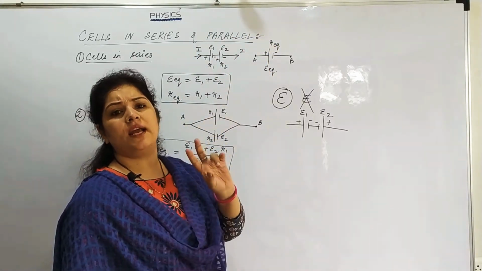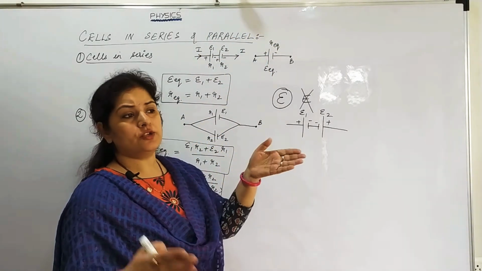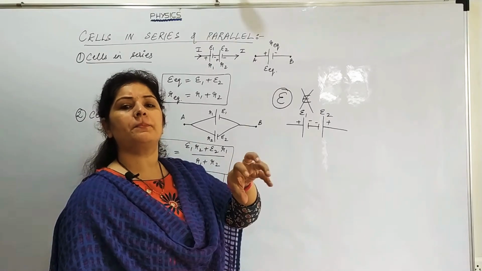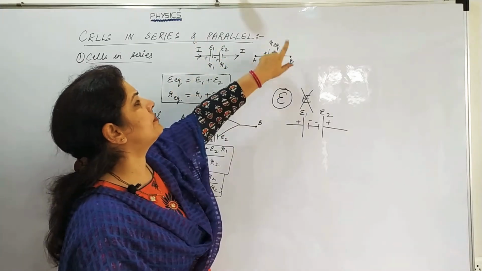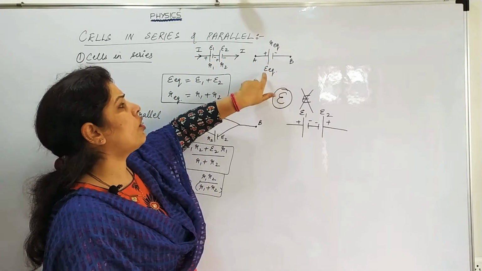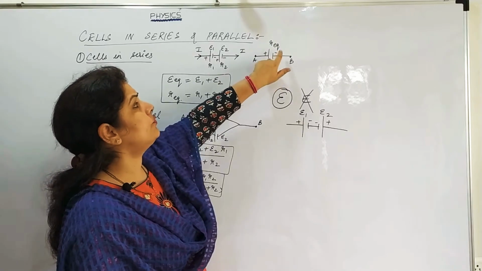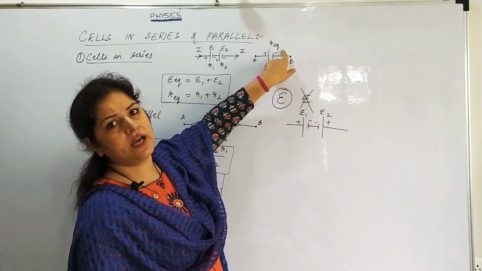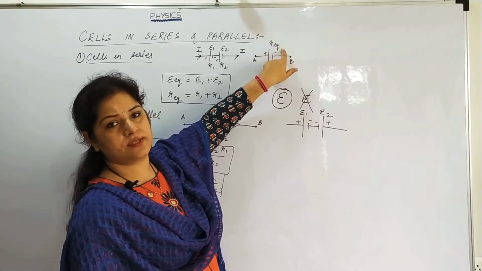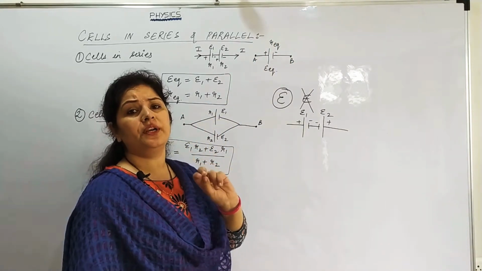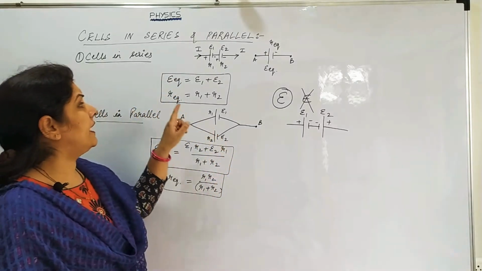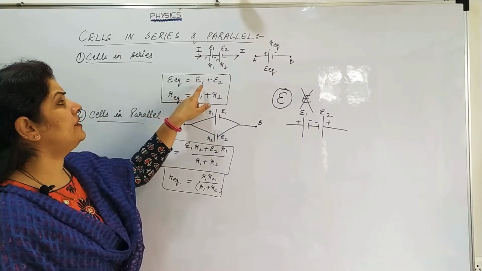मान लो हमने 2 सेल लगाए 1.5 वोल्ट के. So जब हमने combine कर दिया उसको, तो वो एक बड़ा सेल बन गया of EMF 3 volts. So similarly this combination behaves as an equivalent cell of EMF E and equivalent internal resistance R_eq, right? So what are the values directly for 2 cells? Now we are only discussing 2 cells, right? So equivalent EMF will be E1 plus E2.